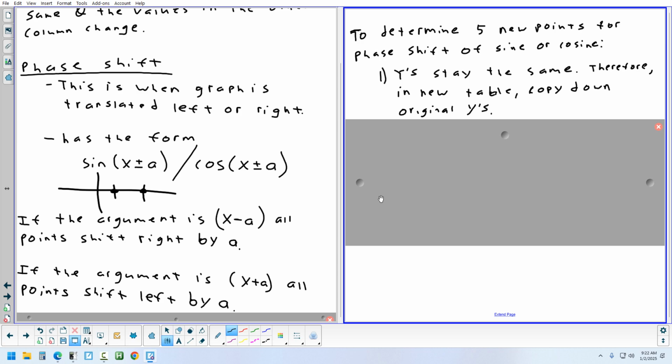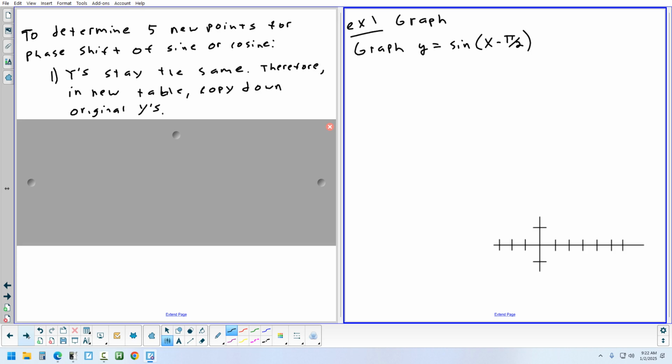I'm not saying they never change. I'm just saying they don't change when you shift left and right. Now, the x's are going to change. And remember, it's the opposite of what we would expect. So if you have minus pi over 2 in your graph,